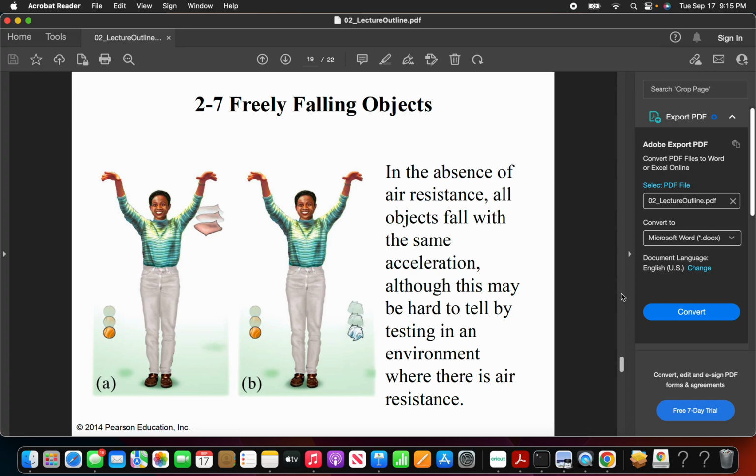But if she balls the paper up, and the paper starts to take on the shape and the dimensions of the ball, then what happens? Then they fall to the earth at the same rate. Okay? So the moral or the lesson of this story is that the only thing that changes how things fall towards the earth is